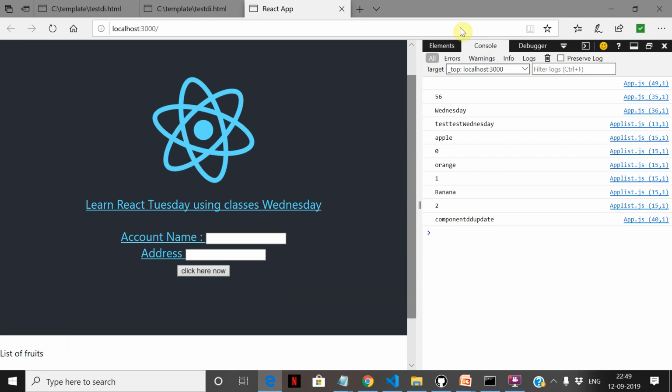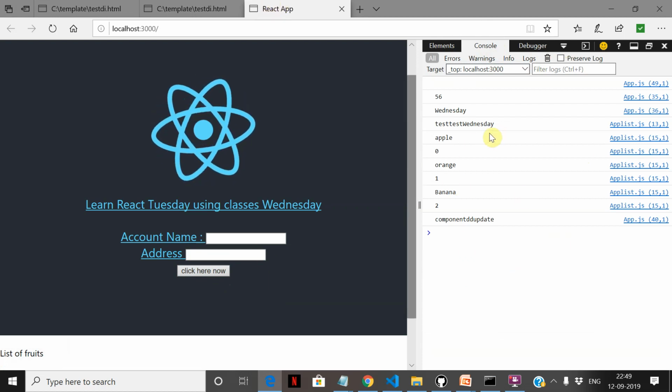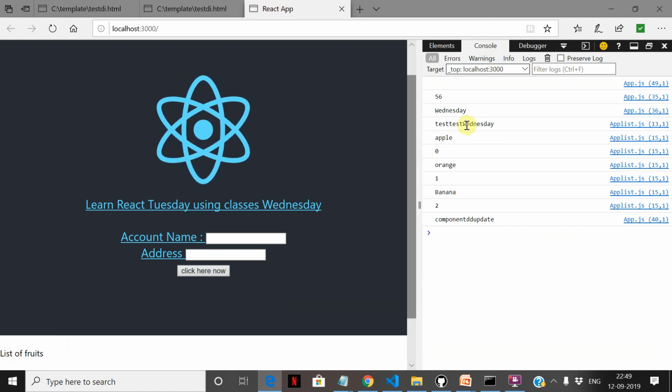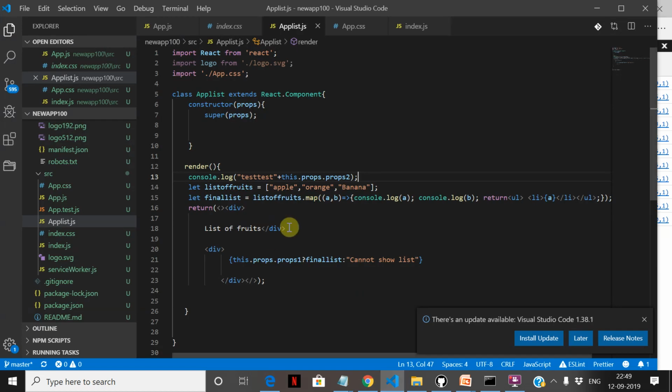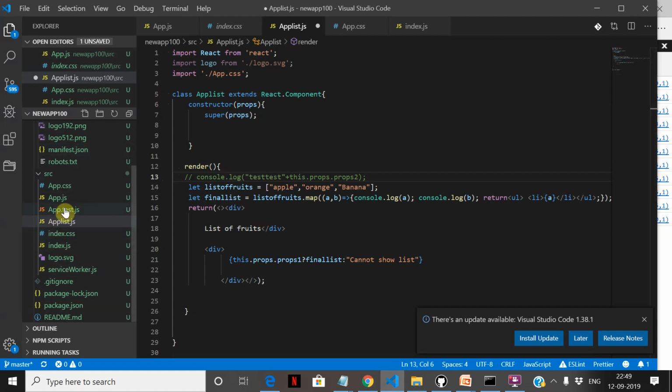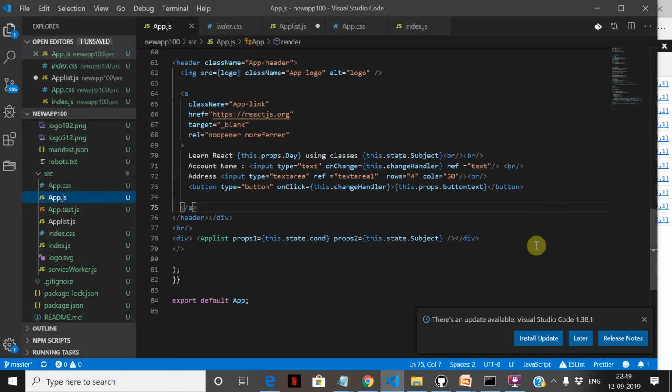So Test Wednesday, this is the prop which has been passed, but I cannot modify it. When I try to modify it, it gives me an error. So basically, how I can update this is I need to pass the entire method. App.js has this class handler, right? So instead of passing this subject and changing it here,